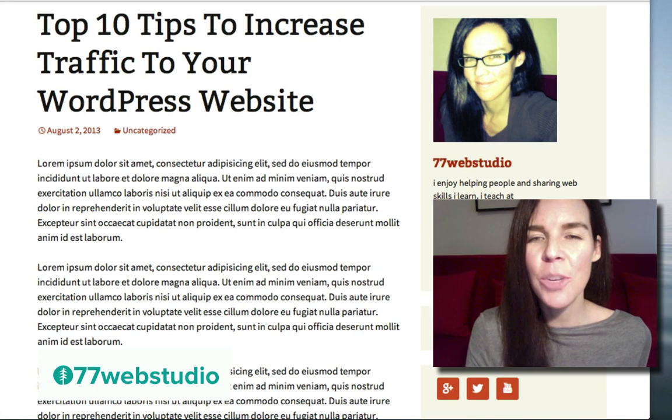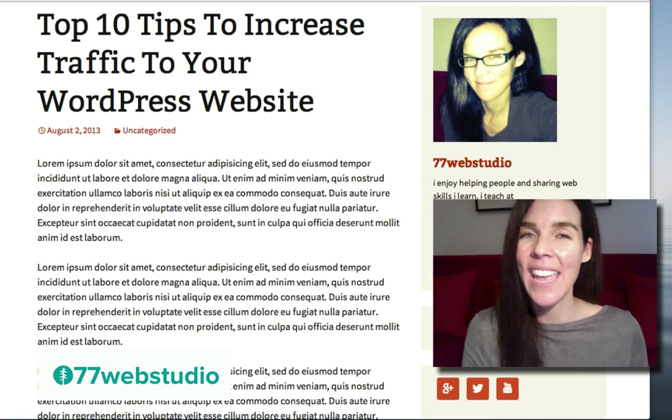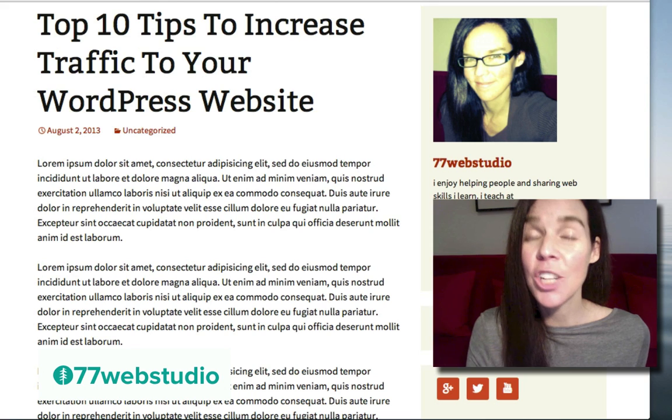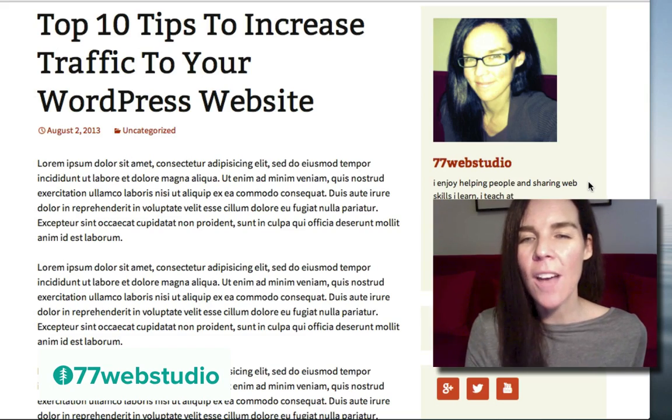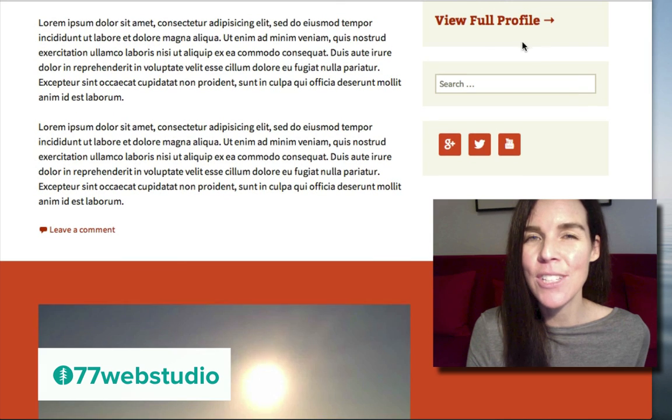And here I'll show you how to add the customizable content here to the sidebar, and I'll show you how to do that in this video. So in this video, I'm going to be adding a gravatar, which is a globally recognized avatar, and I'll go over that in more detail within the video. We'll also be adding a search box so anyone can easily search around your website for different content.